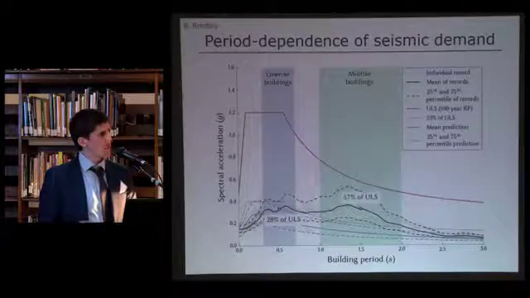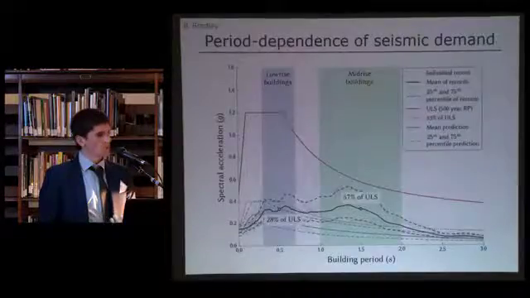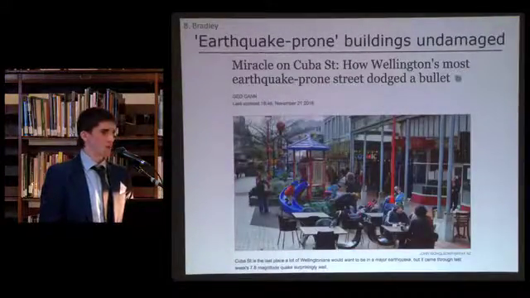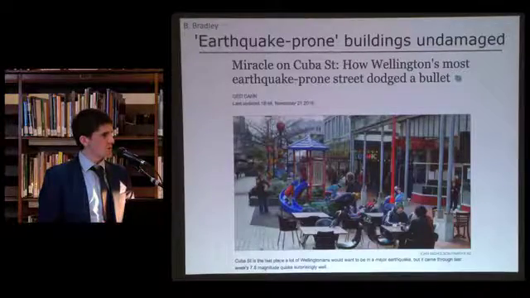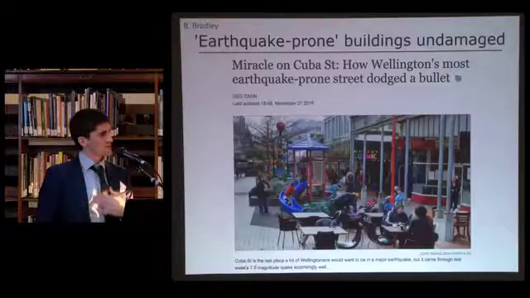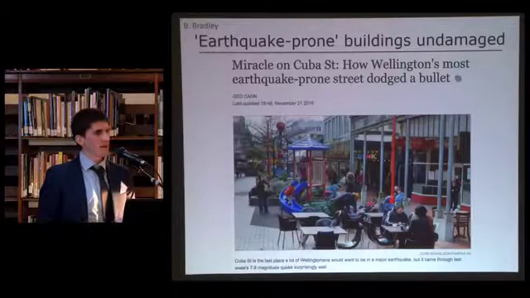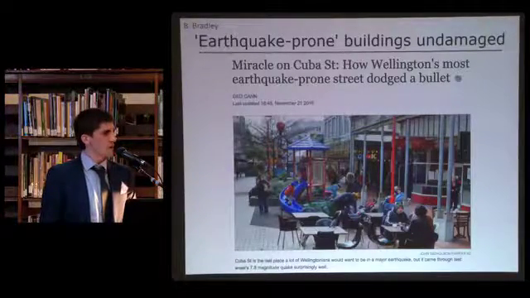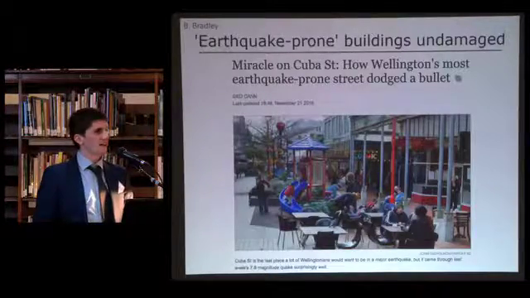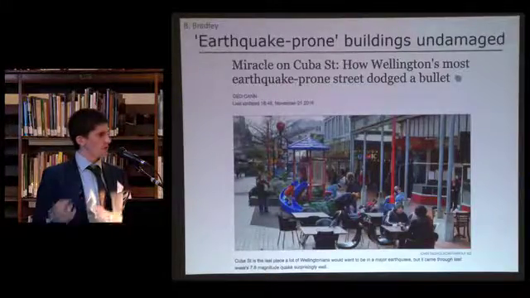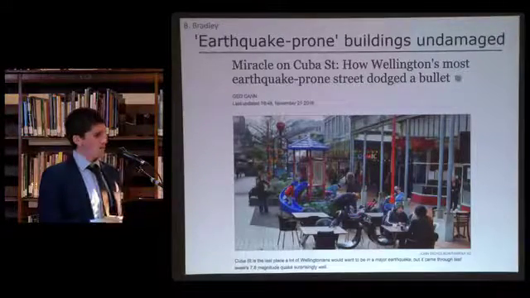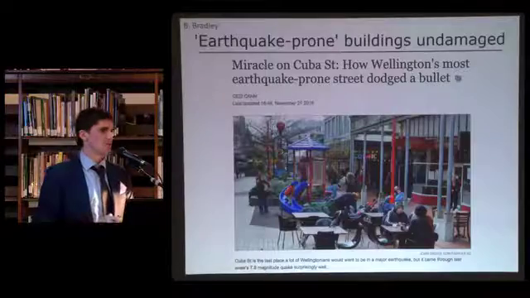And so one of the difficult things to convey here is that all of these old masonry buildings that we have in Wellington City, which tend to be particularly short, are known as earthquake prone, but because this earthquake was further away, the level of shaking or demand on those buildings was a lot less. And so it was extremely hard to convey to the public this idea that new buildings, which are a lot taller and better designed, were suffering damage, while older buildings which weren't designed for earthquakes weren't suffering damage in any particular way.